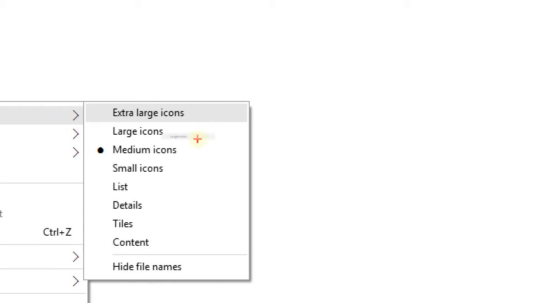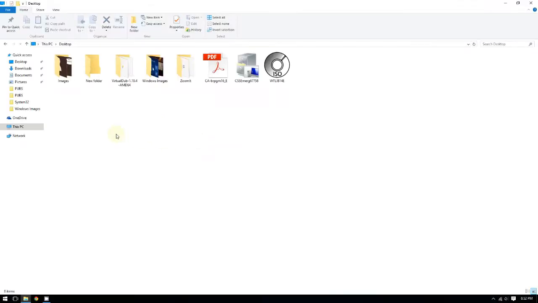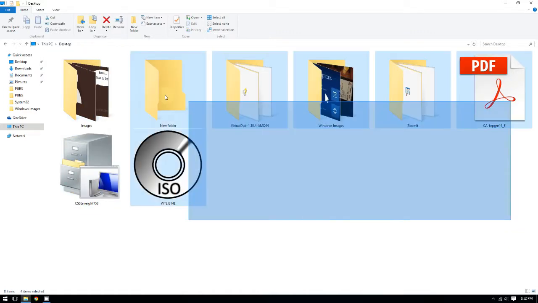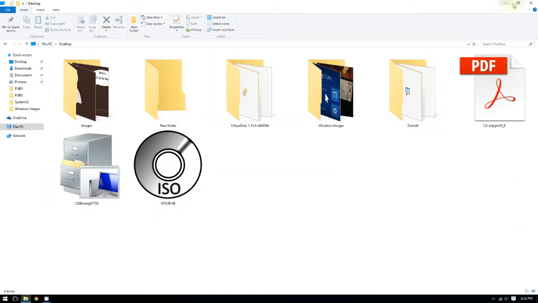As you can see in the folders, inside the folder environment, you have this extra option right here to view as extra large icons. So now let's see what happens in case you're curious. If I select view extra large icons, as you can see, these icons are ginormous. Okay, they're huge. Alright,